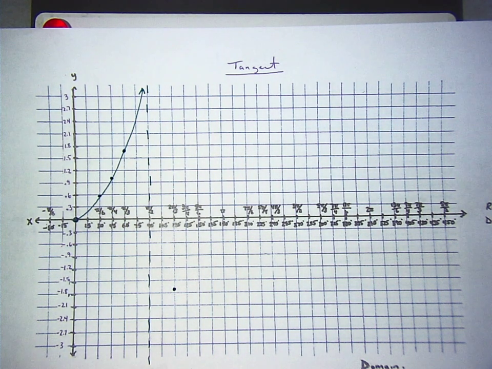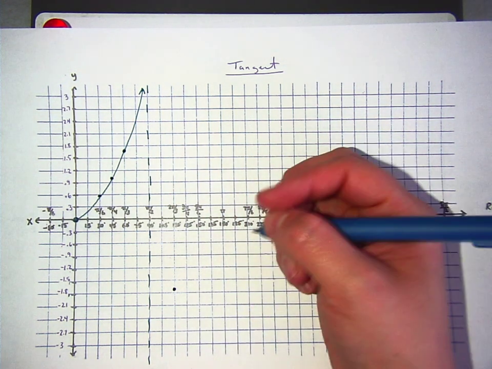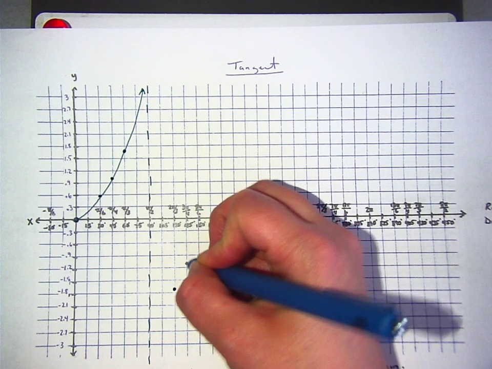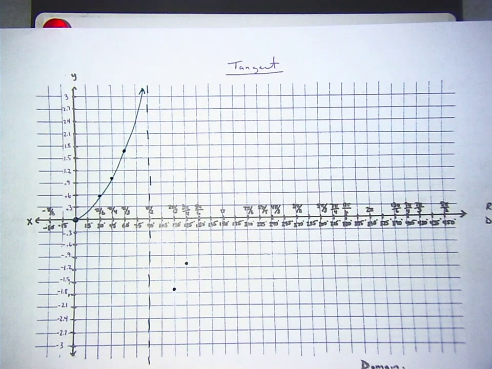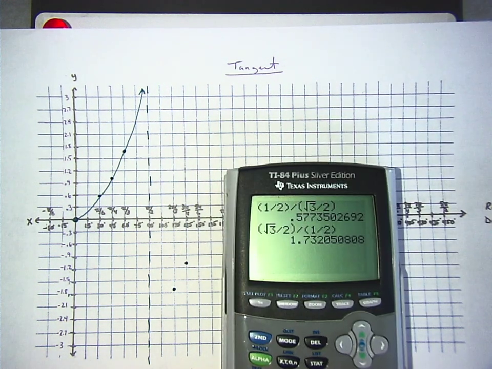Three-fourths? -1. Because it's the square root of 2 over 2 divided by a negative square root of 2 over 2. Absolutely negative 1. Five pi over 6. Yep, it's going to be this. Look at the equations on